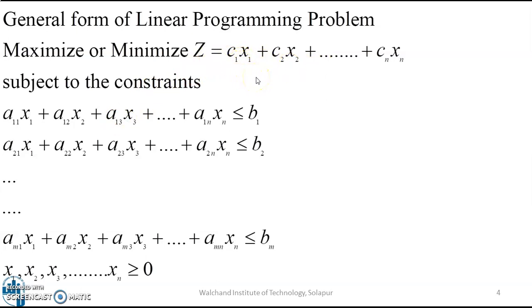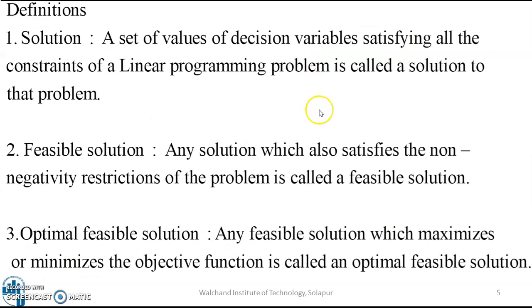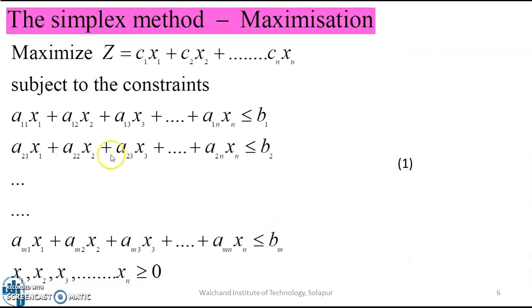So there is a relation from solution to feasible solution and from feasible solution to optimal solution. A solution means that a set of n numbers simply satisfies these m restrictions. A feasible solution means that, with respect to these conditions, it also satisfies this one more restriction. And an optimal feasible solution means that the set of n numbers satisfies these inequalities, the non-negative restriction, and also maximizes or minimizes the given objective function. All these three are definitions.